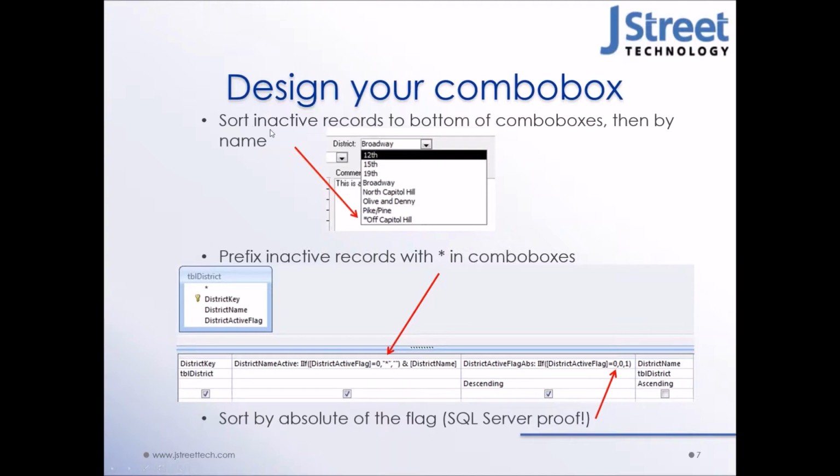What we want to do is sort the inactive records down to the bottom, but then by name. So in other words, we want alphabetical of all the active ones, and then alphabetical of all the inactive ones. So that's fine. We wanted to show that. So what we do is down in the row source of the combo box, we have a field that I just named district name active. And what that means is it's the district name. That's fine here. But what we do is we concatenate a star on the front if the active flag is